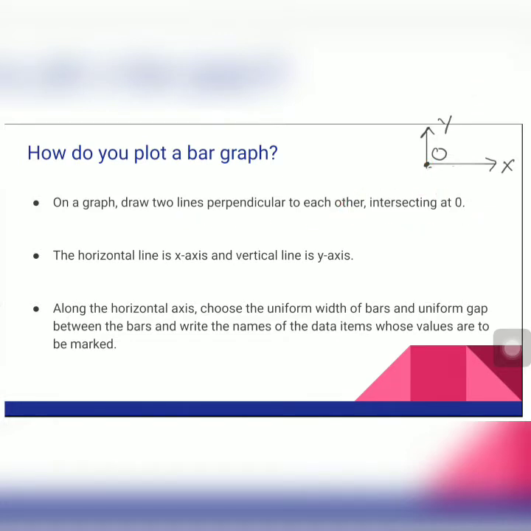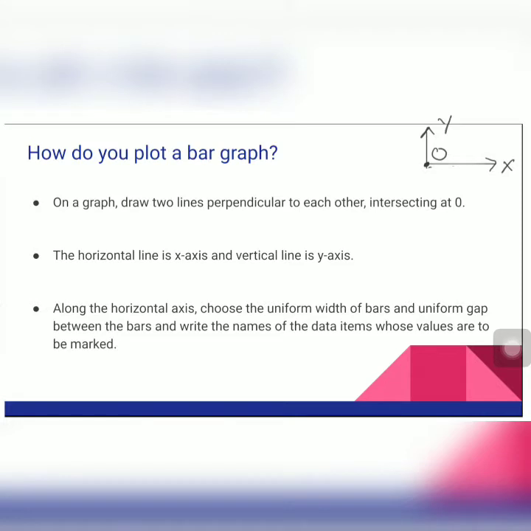Because generally we plot a scale on the y-axis, and this 0 will mark the beginning of that scale. It is not necessary that we start the scale with 0 only, but generally we tend to start the scale from 0, and this scale is to be drawn on the vertical y-axis, and the horizontal x-axis is chosen to draw the bars.